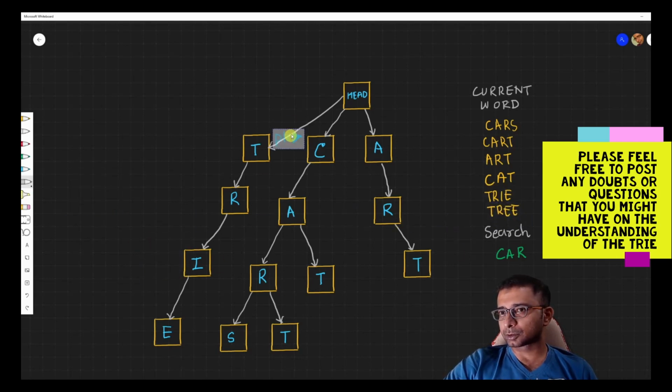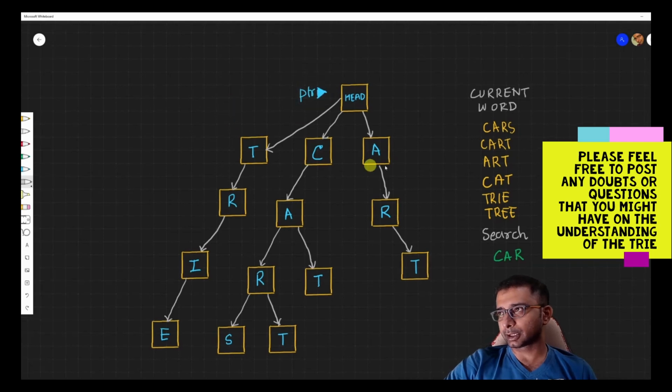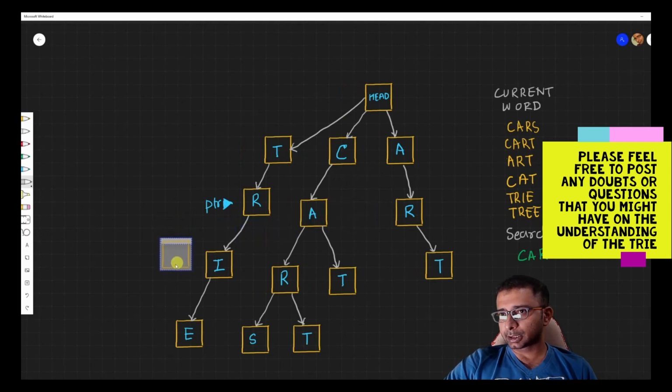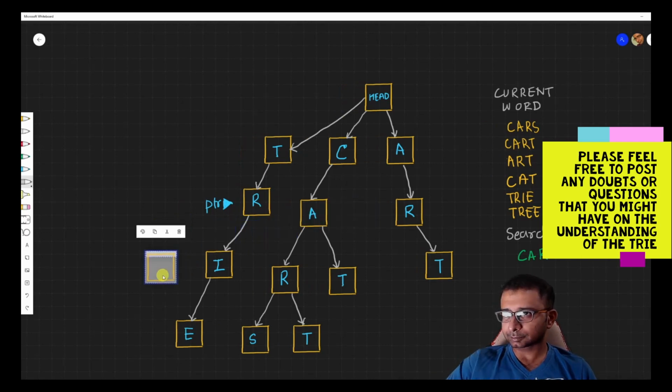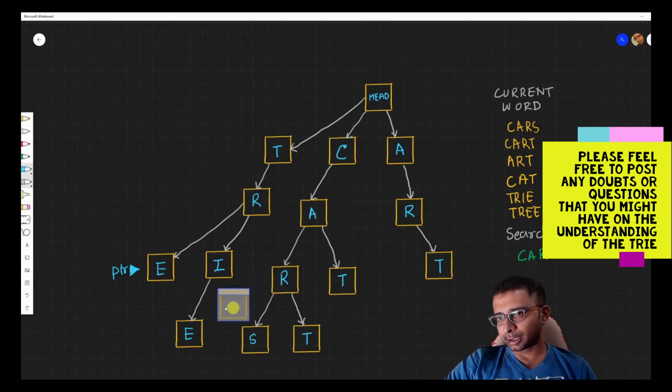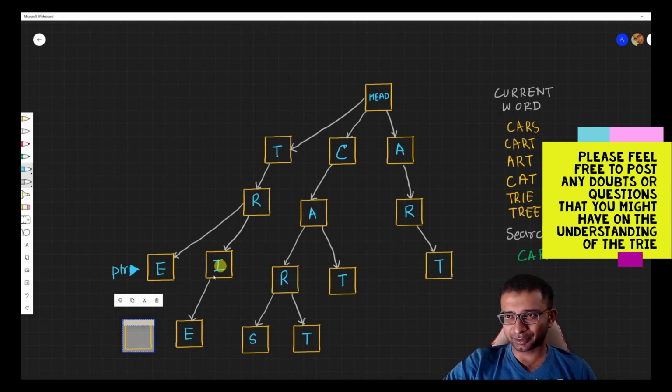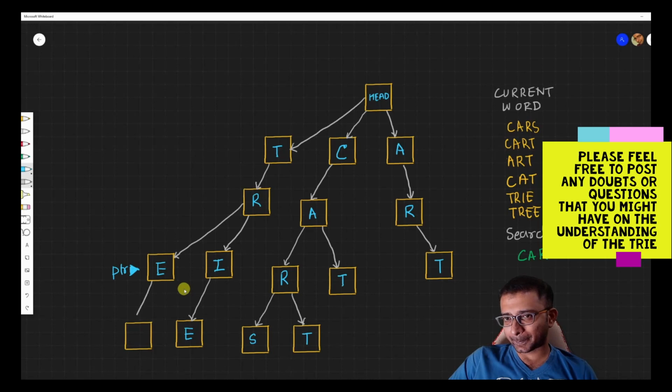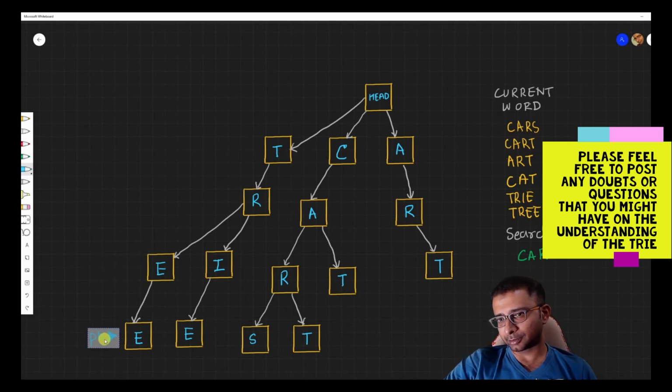So we are going to go to the head of the tree again. We get a T, so the pointer comes to this node T, then we get an R, and the pointer comes to the next node R. Then what we need is an E, so we are going to create a new node over here, E, and then we have another E. Though it might look like we have an E over here, we are not supposed to use it. It's part of IE, not EE. So this node will be different, and we are going to create this new node over here. And we are done building our trie, so the pointer comes here and we are fine.